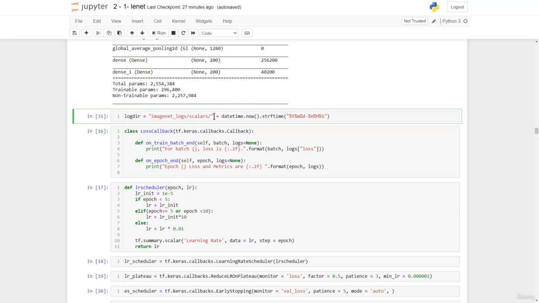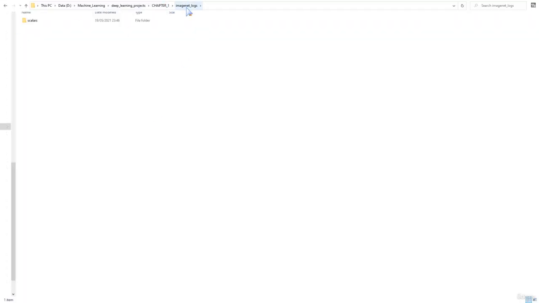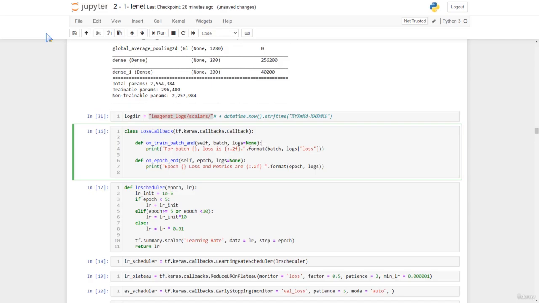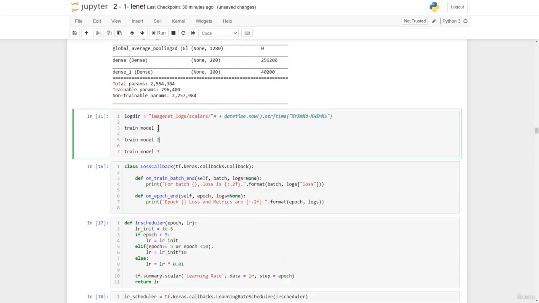So basically we could take the directory to be simply this, and here it is. We have ImageNet logs, then scalars. But supposing we train our model the first time, then we train it again the second time, and then the third time and many other times. We want to have different logs for all the different training processes. So instead of just creating this one directory such that after training the first time, the new logs come and crush or replace all the previous logs, what we do is we include a timestamp